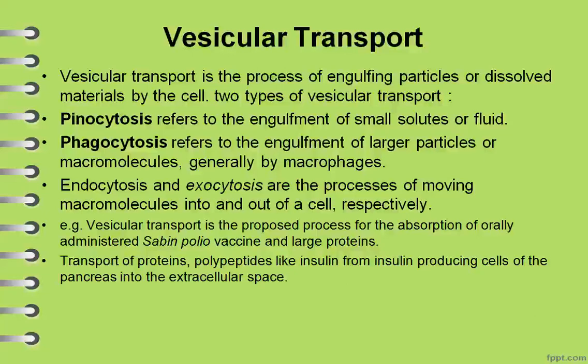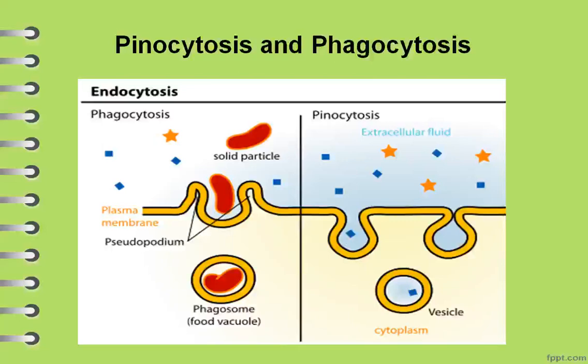Endocytosis and exocytosis are the processes of moving macromolecules into and out of the cell, respectively. Vesicular transport is the proposed process for absorption of the orally administered Sabin polio vaccine and large proteins. The transport of proteins and polypeptides like insulin, from the insulin producing cells of the pancreas into the extracellular space. The figure shows how both mechanisms work: